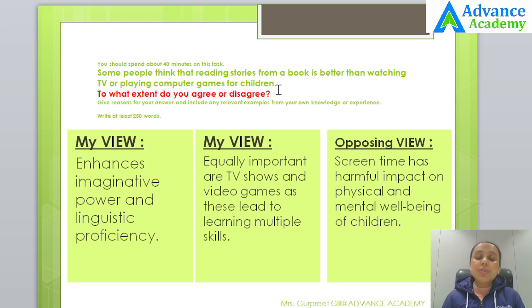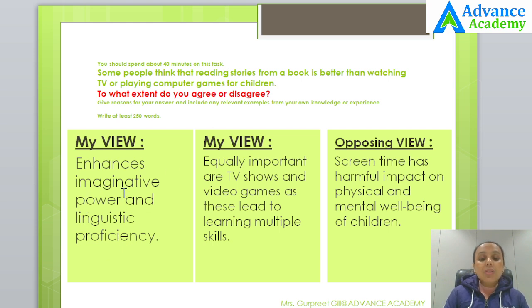So how you are going to represent your opinion? This is an essay written in the disagreement, right? Because the examiner just wants the children to read the books, but we want them to do all the three things. So for the body paragraph number 1, you will be telling the advantages of reading the books, why reading books is great for the students.